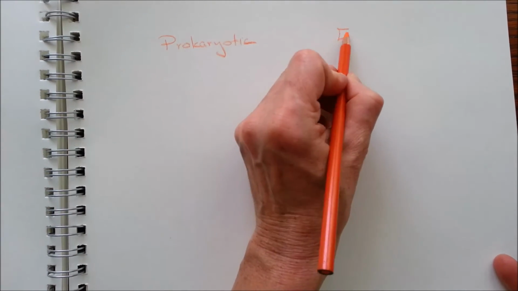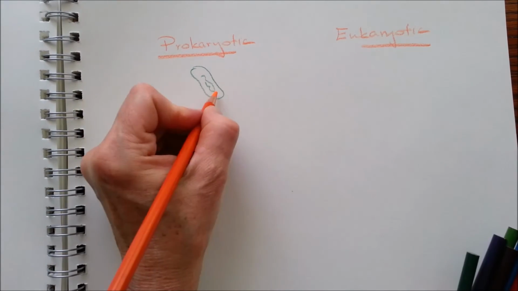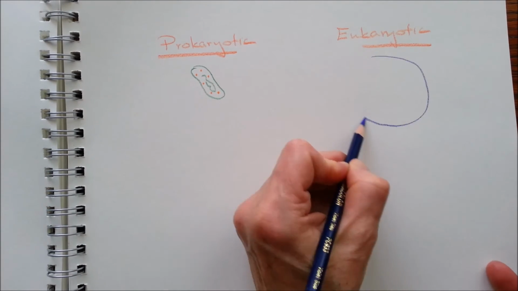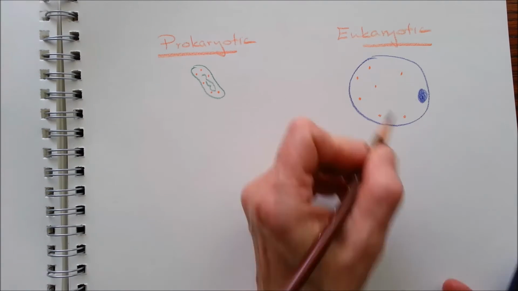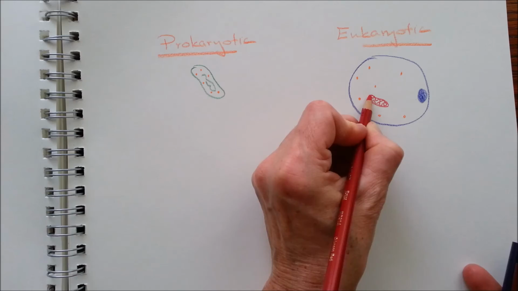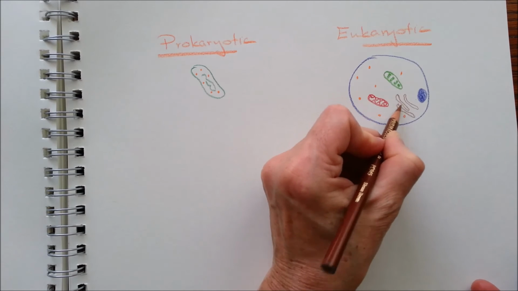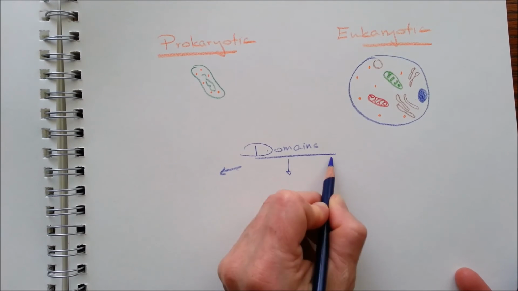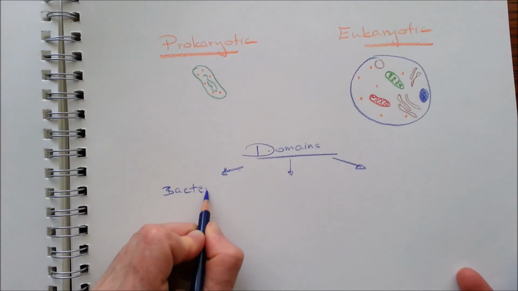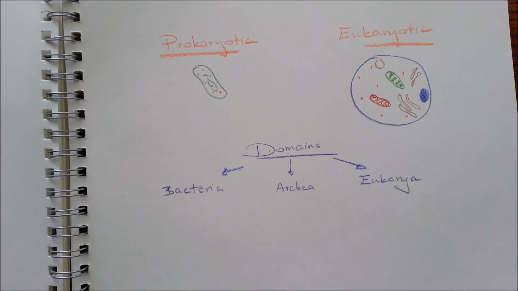The prokaryotic and eukaryotic cells. Prokaryotic cells are a single cell that makes up the organism. The orange dots are the ribosomes. We will cover them, and we have orange dots in the eukaryotic cells too. The main difference is the membrane-bound organelles, such as the mitochondrion and the chloroplast, and different vacuoles and cisternae, as well as the nucleus. The prokaryotes do not contain a nucleus. They contain hereditary material, but not a nucleus.